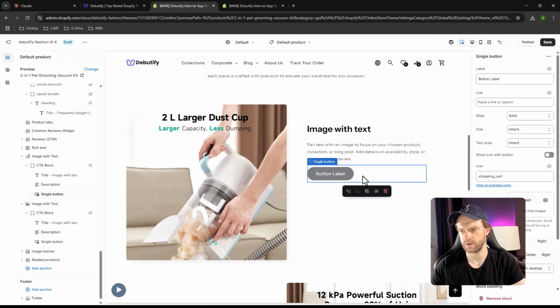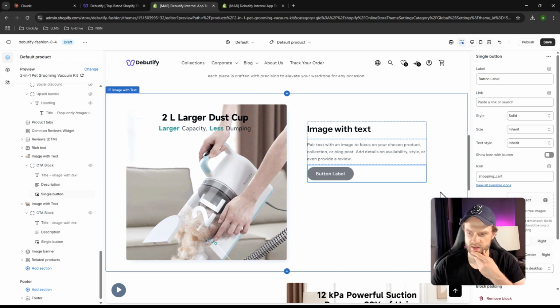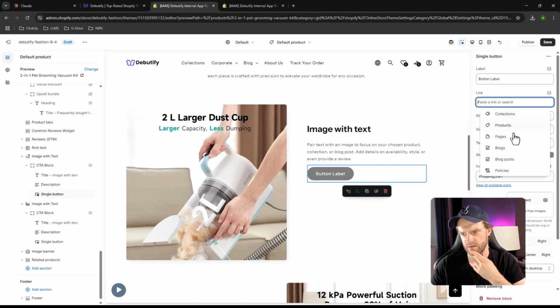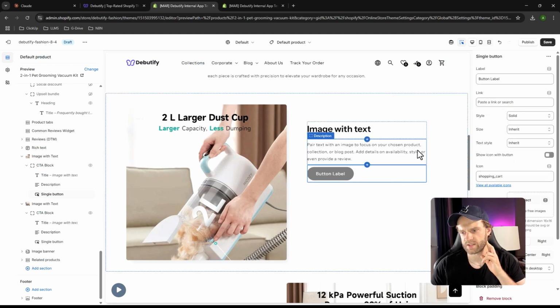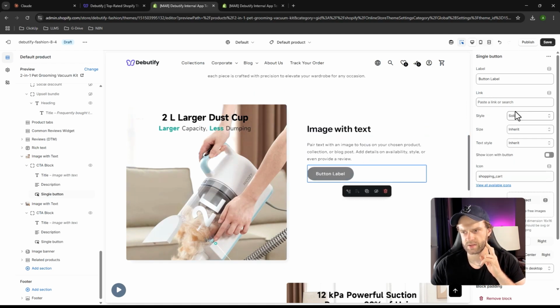You can do something like, actually CTAs are not really, let me think about it, because it accepts a link or product, but if we do that, it's going to refresh the page. It's not an ideal experience. So what I would do,